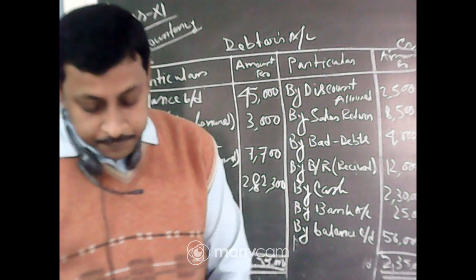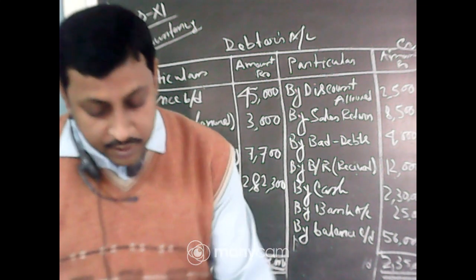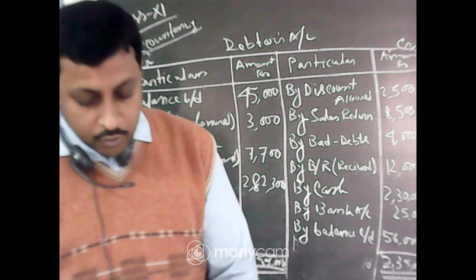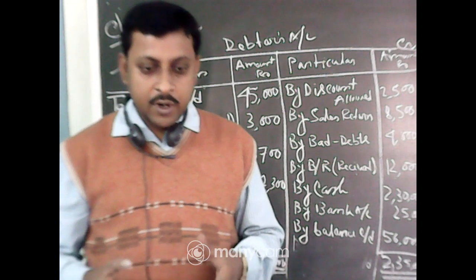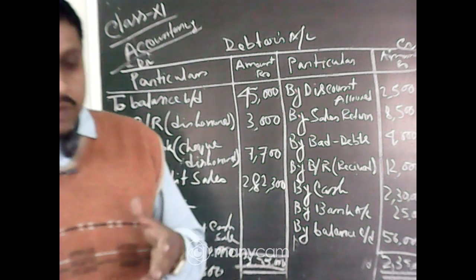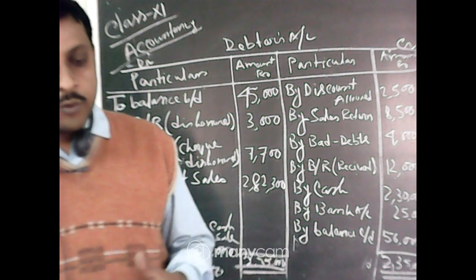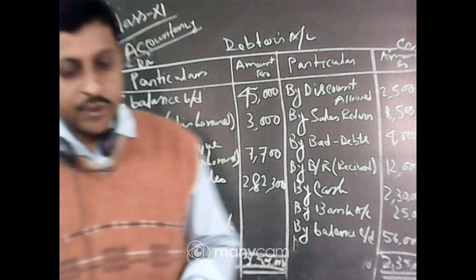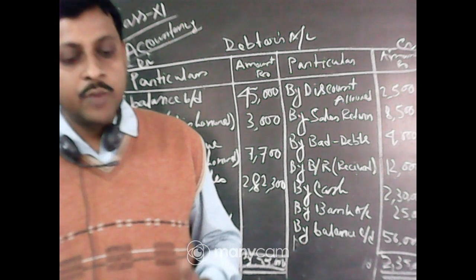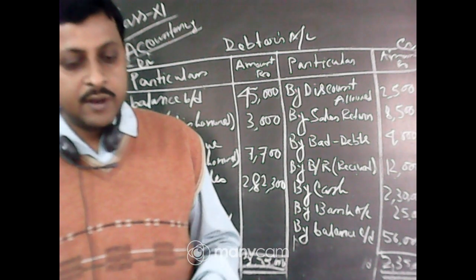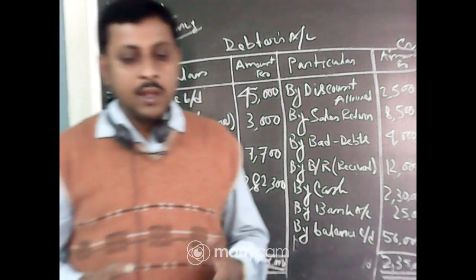Now that is all for today. From next day we will do a full conversion, that is we will do the opening capital account, opening balance sheet, from that we can get opening capital. If the opening capital figure is missing, then we have to make profit and loss and closing balance sheet also. And if they need us to open any account, that is debtors, creditors, then we have to open the account. And how that will happen, I will show you next day.